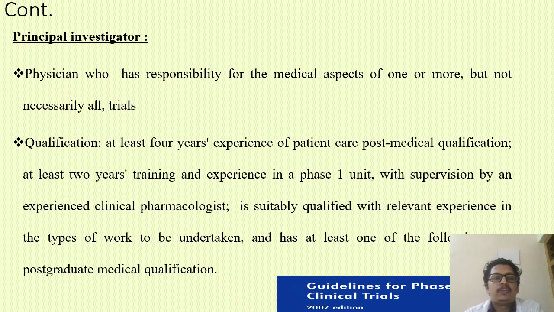So who is a principal investigator? A physician who has responsibility for the medical aspect of one or more, but not necessarily all, of the trials. Qualification: at least 4 years of experience of patient care, post-medical qualification, at least 2 years of training and experience in a phase 1 unit with supervision of an experienced clinical pharmacologist, is suitably qualified with relevant experience in the type of work to be undertaken, and has at least one of the following postgraduate medical